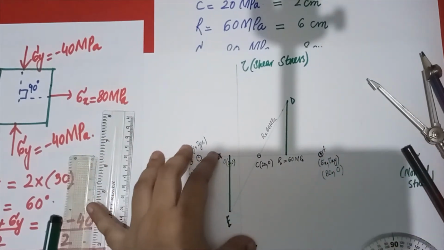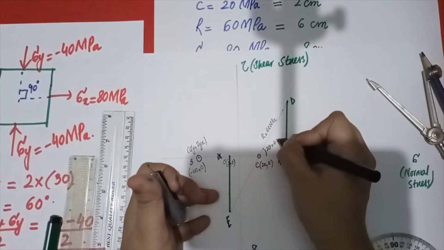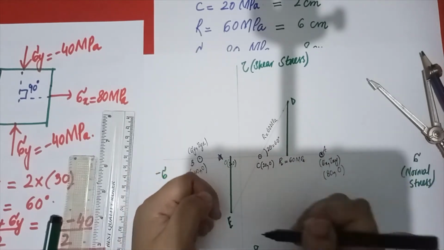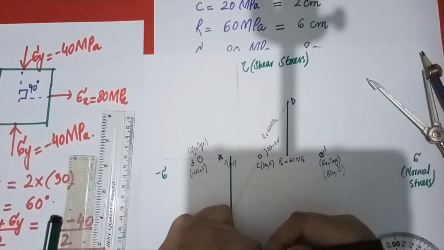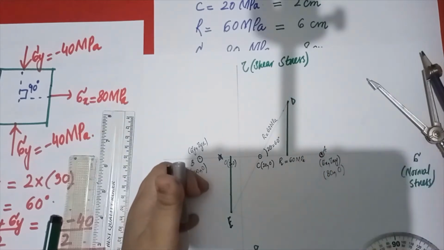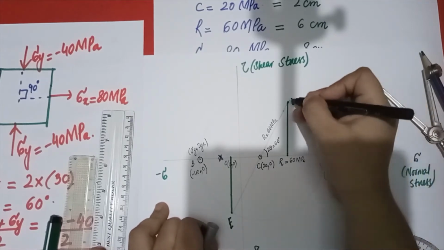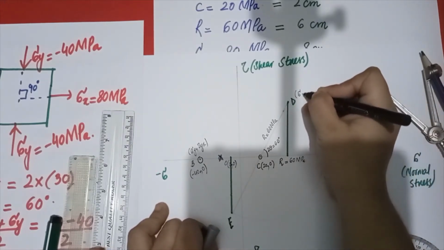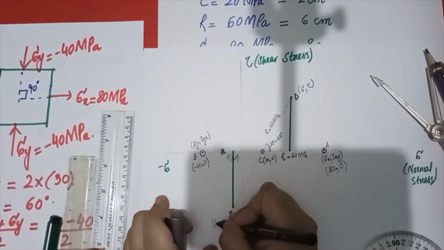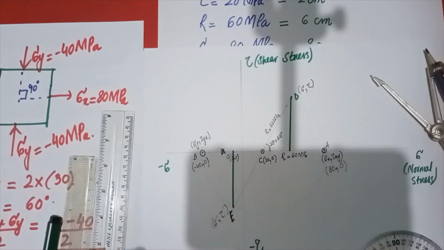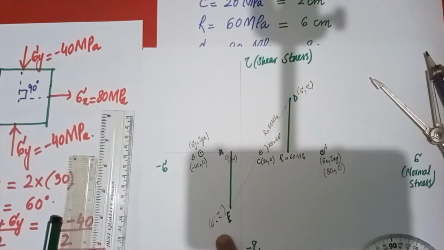So what we have to do, we write down 2 theta, and this 2 theta is equal to 60 degree for the Mohr circle, which I have taken from the protractor, or you can see the D. So now these 2 points I got, and I have to find the coordinates of these 2 points. Let me tell you that, for example, I have taken sigma x, tau xy. So these coordinates should be sigma and tau, and these points should be sigma dash, because I want to show it with a different variable. So D is sigma comma tau, and E should be sigma dash comma tau dash.